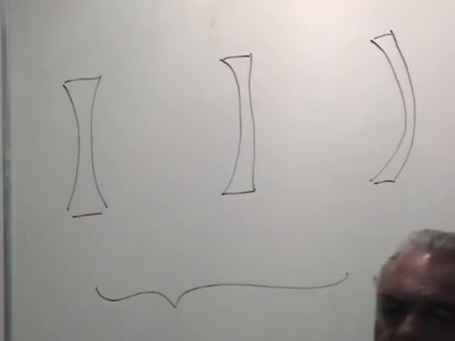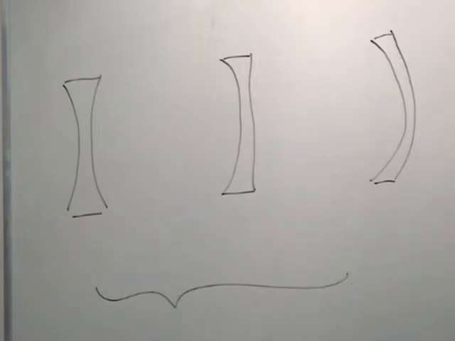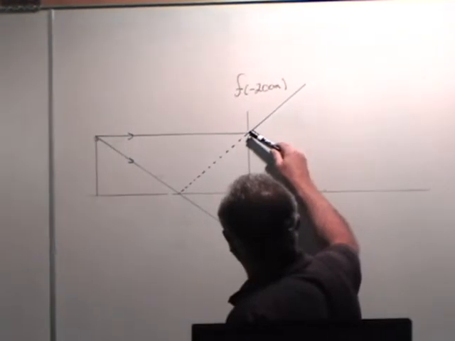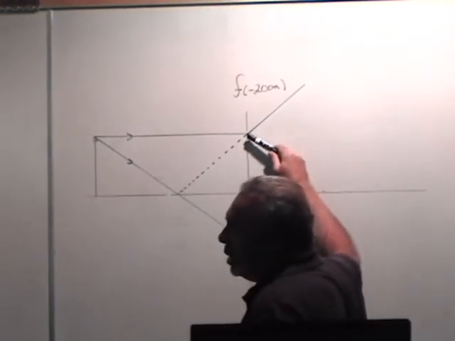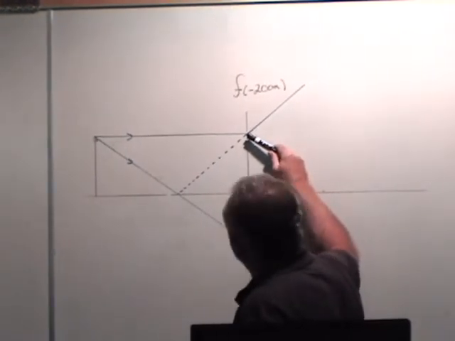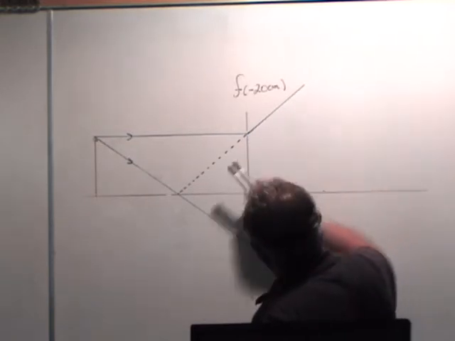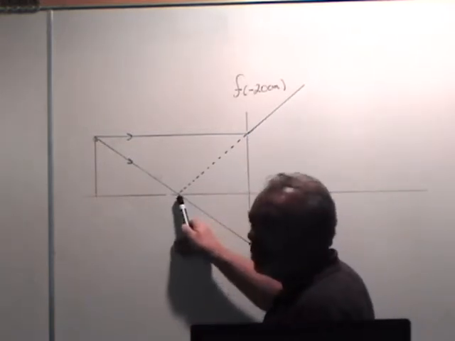The diverging lens. Now let's talk a little bit about a diverging lens. Imagine that I have a lens whose focal length is perhaps 20 centimeters. So here's the lens, here's the axis, here's the object, and the first light ray that I want to talk about is the paraxial light ray striking the lens parallel to the axis. Then the difference is this light ray diverges as though it came from the focus on this side.